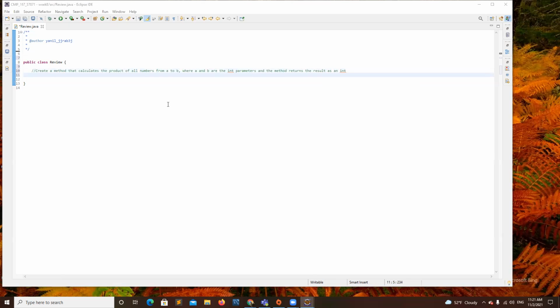So I wrote the method and I called it sum all numbers between. Ah, this is product. So public static and sum all num between. Oh wait, product? Okay, I can change that. So product all nums between. Static.